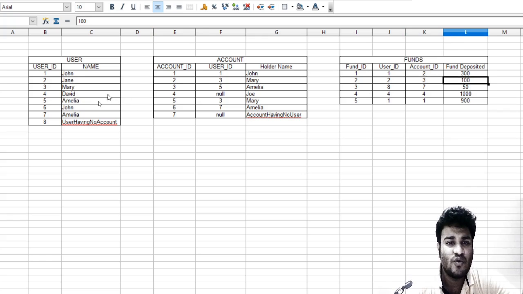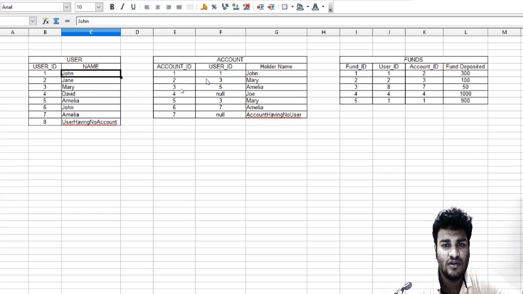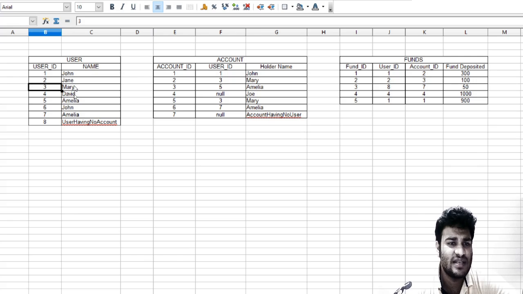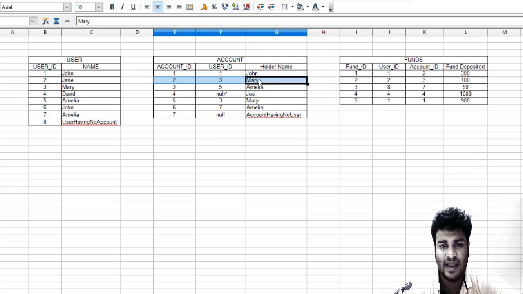Now, if you have to find which users have which accounts: user ID 1 is John. John has only one account, which is account number 1. Mary, which is user ID 3, has two accounts, right?